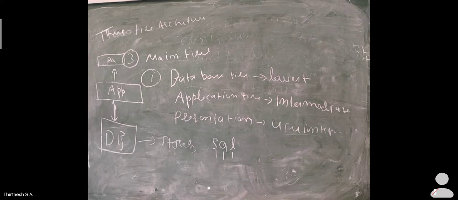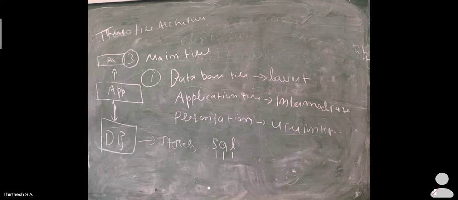Relationship means which table is linked to which, how the database has been designed. These things are done or noticed with the help of the database tier or database layer. This is one of the lowest layers also. Okay.